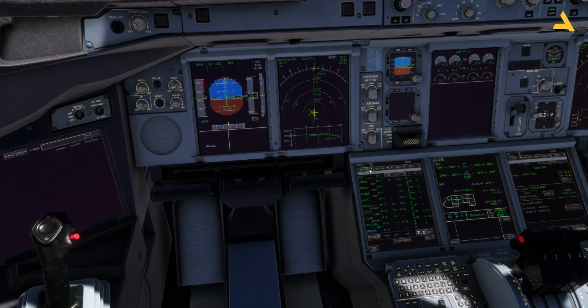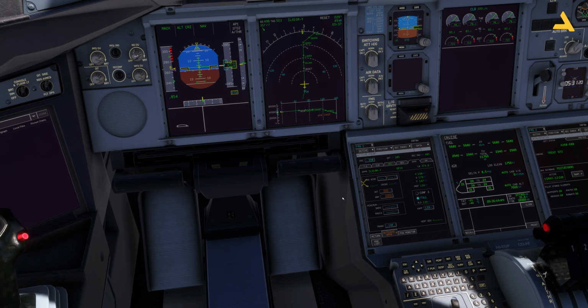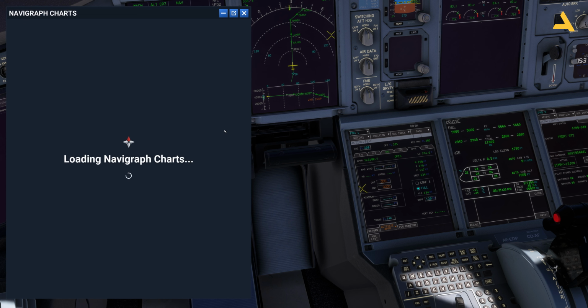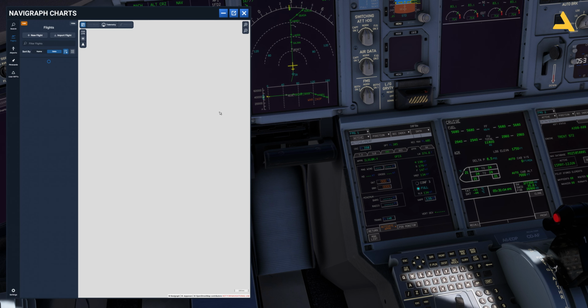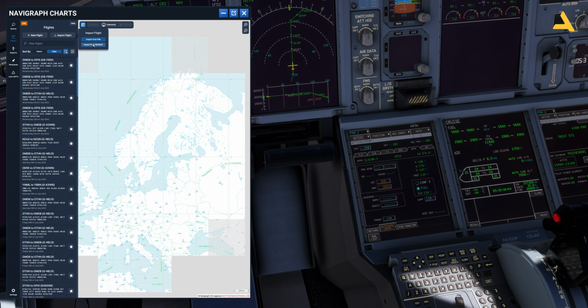In the FMS, just go to this option performance and go to approach, and you have to fill in this information for the wind and for the outside temperature and the QNH and the minimums. So I have the Navigraph subscription, and I can access Navigraph. You can download and install this Navigraph plugin for the Microsoft Flight Simulator if you are subscribed to Navigraph. So let's import the flight, and